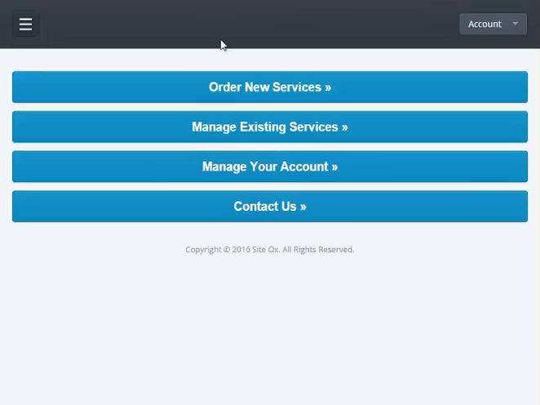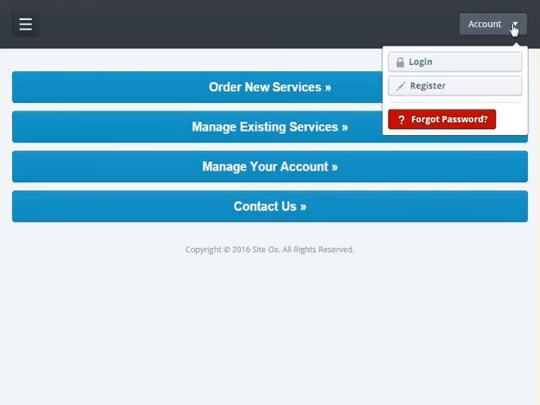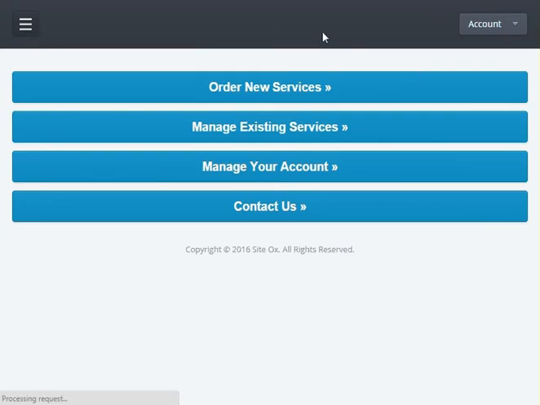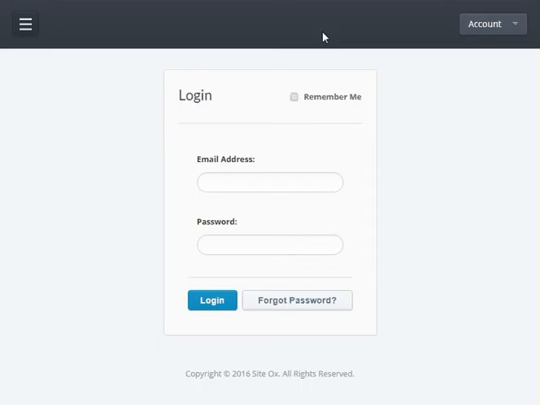You'll see several buttons that allow you to order new services, manage your account, or contact us. In the upper right hand corner of the screen, you'll see a button labeled Account. Press this button to see a pull down menu, and in this menu select Login. A login screen will be displayed where you will enter your email address and password associated with your SciDocs user account. Now I have an example demo user account set up for the purpose of this video, so I will